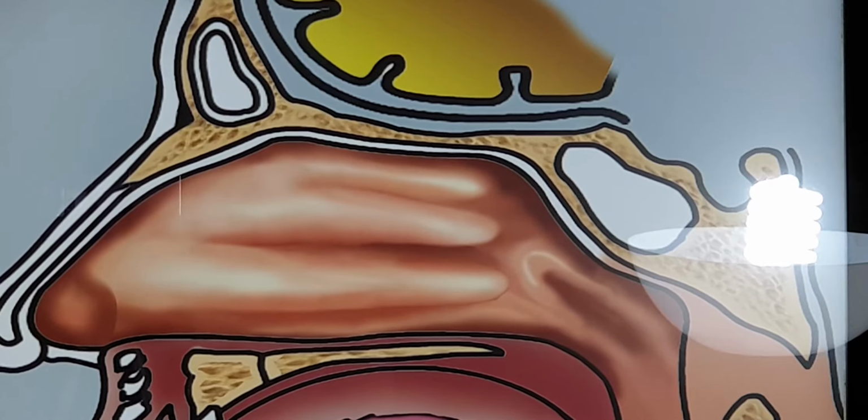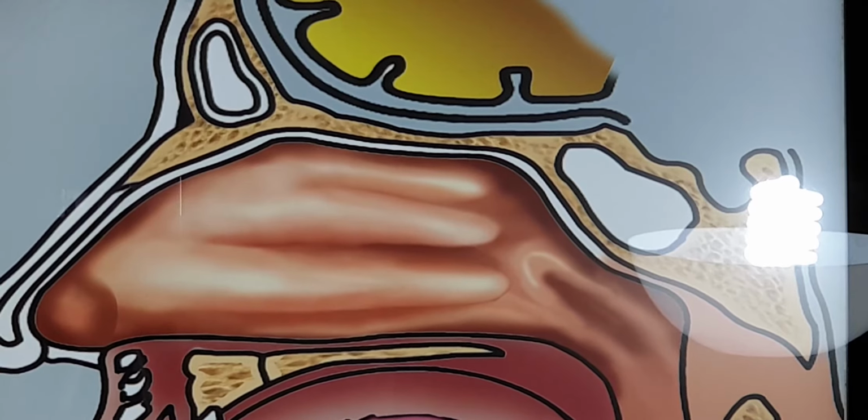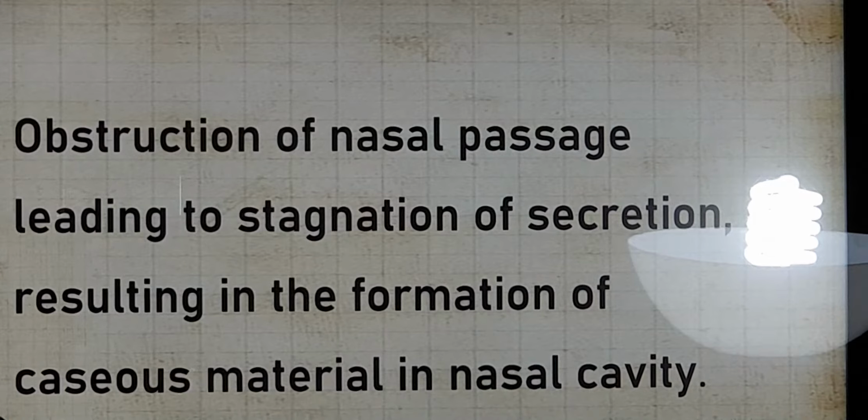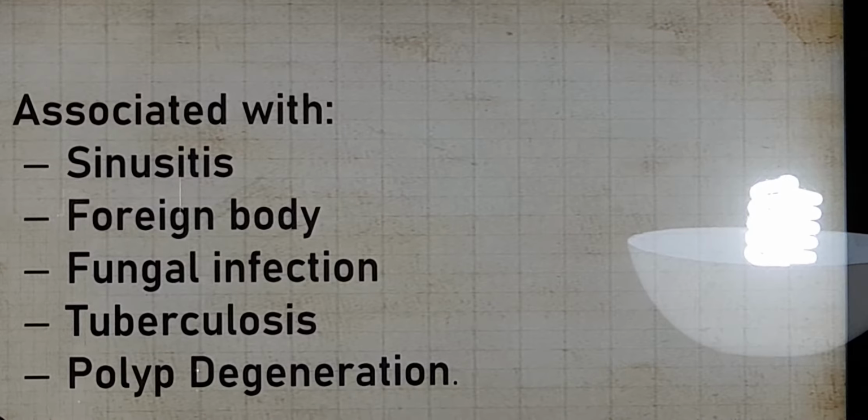usually because of sinusitis or polyp degeneration or any foreign body like that, there will be a calcium deposit in the center, and around that there will be a lot of secretions accumulating in that part. That forms a rhinolith. So rhinolith means because of the obstruction of the nasal passage, it leads to stagnation of the secretions and results in the formation of a caseous material in the nasal cavity,